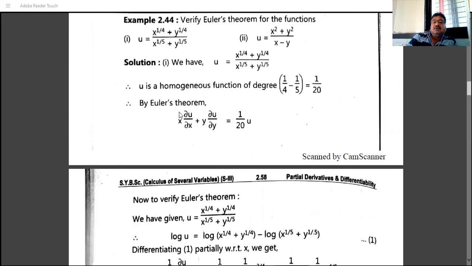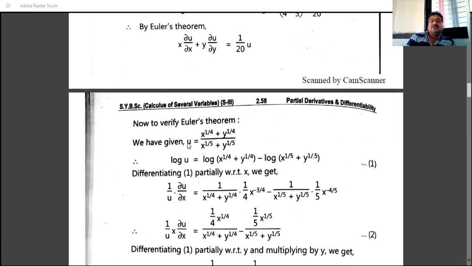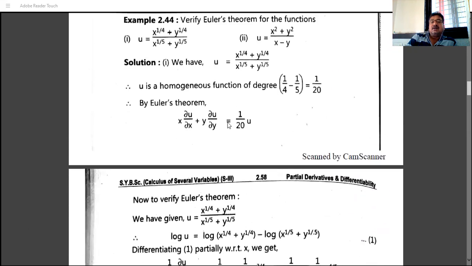And so here the degree of the function is 1 by 20. By Euler's theorem, we have x ∂u/∂x plus y ∂u/∂y is equal to 1 by 20 u. So the notation for the function is u. If the notation is f, then write ∂f/∂x... is nf. Okay, so here the notation is u. So 1 by 20 u, that is nu. So this is by using Euler's theorem. And we'll find this LHS by